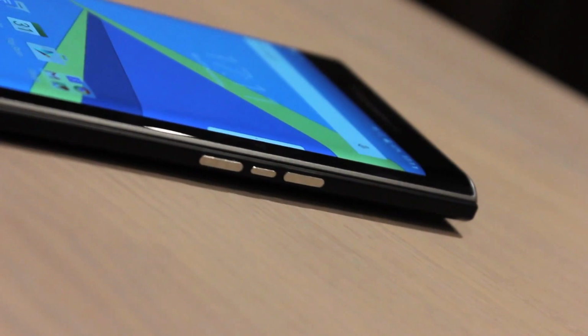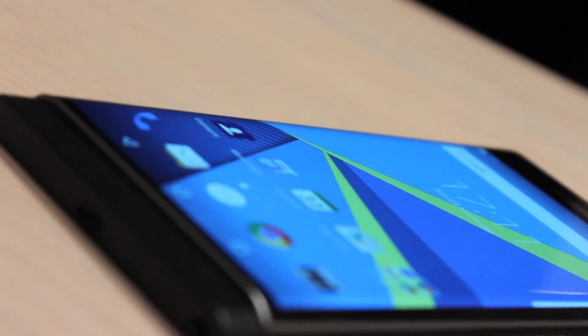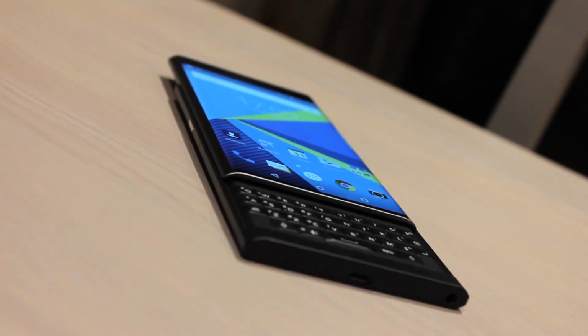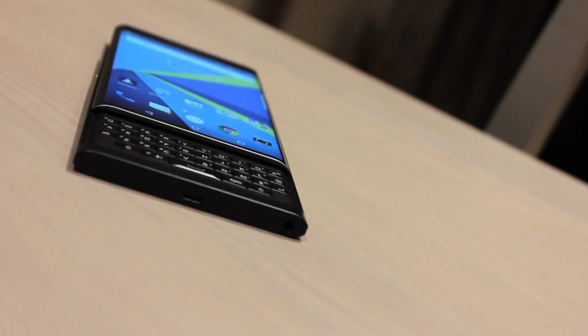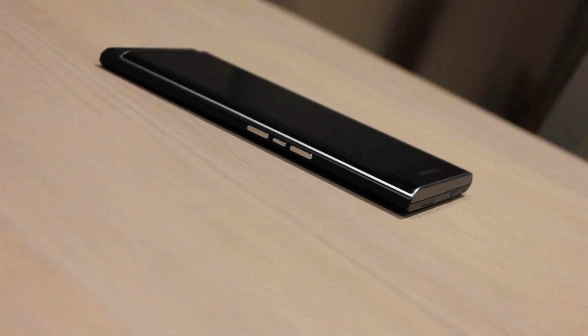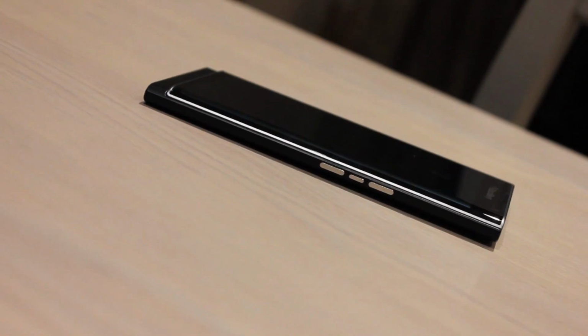BlackBerry for many is a name of yesteryear and not up to speed with the likes of Samsung and Apple, but the Priv demonstrates that BlackBerry are not as down and out as you may think. I will admit that for some time the Priv has been on my radar as a personal purchase, and not for a long time have I felt so passionate about switching, so there may well be some bias in this